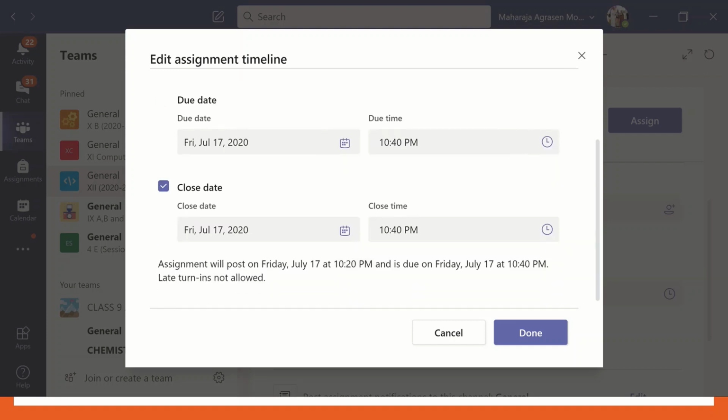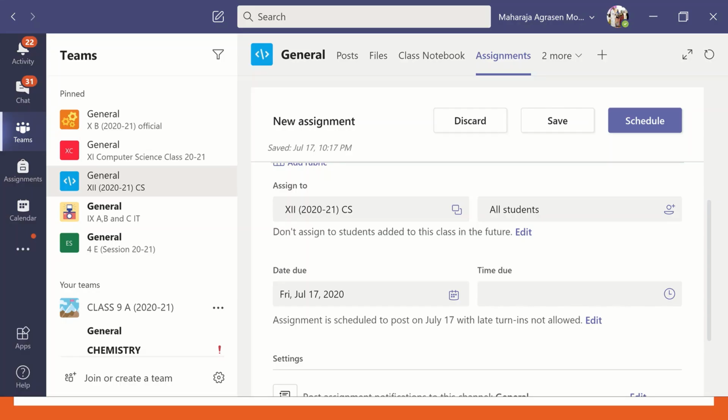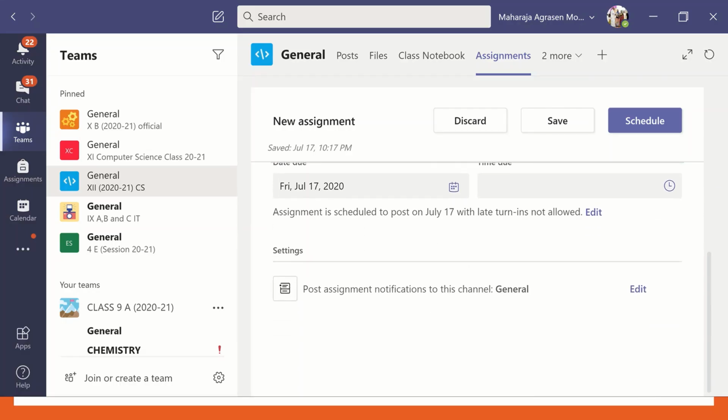So after the close date and close time, you cannot take the test. Students cannot enter. Late turned in is not allowed. So once I click on done, my timing, my schedule is done.